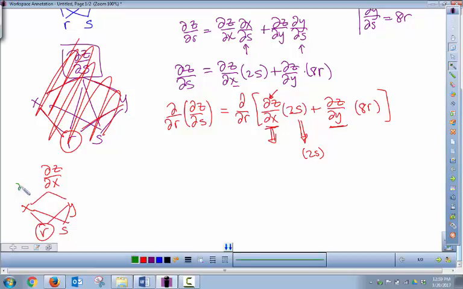It's the derivative of this thing with respect to x. Well, that would be over one. So this will end up looking like d squared z dx squared, and then dx